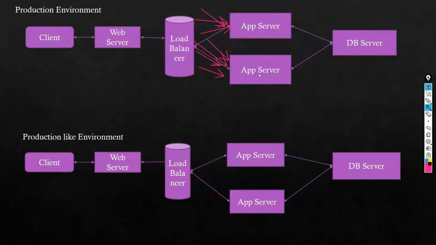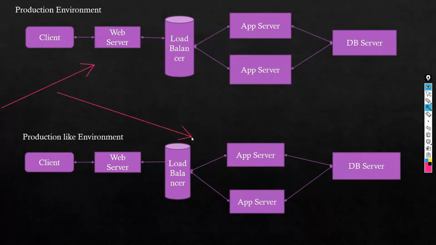In tomorrow's session we'll discuss in detail about what a server is and all those things. For the time being, what you should understand is that whatever architecture and configuration you have in production or live, the same architecture and configuration you should have in the performance testing environment. This is a production-like environment, and the performance testing environment should be exactly similar. Why are these two diagrams the same? Because the configuration should be the same in live and in the performance testing environment.